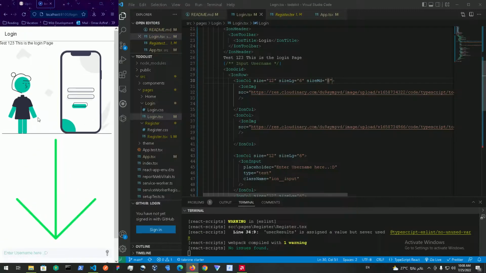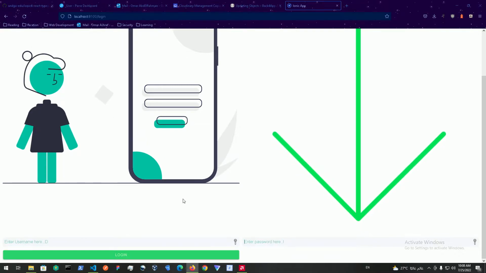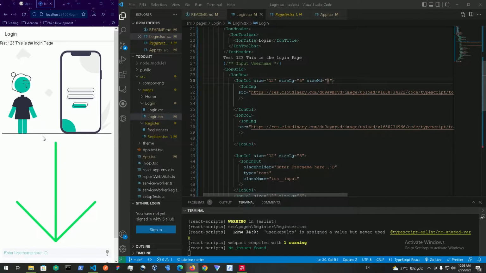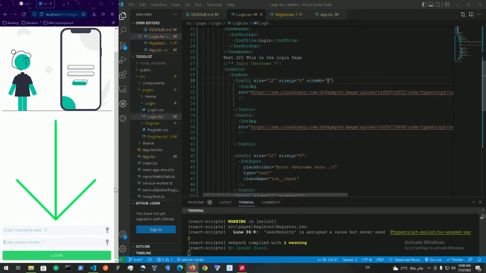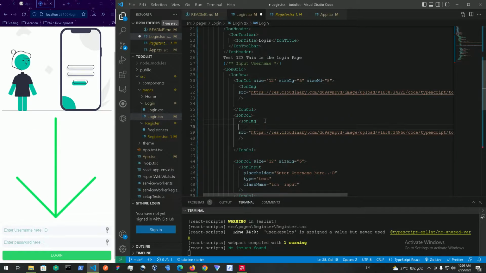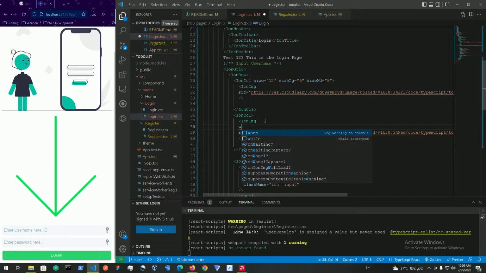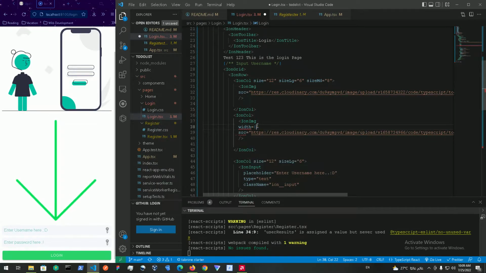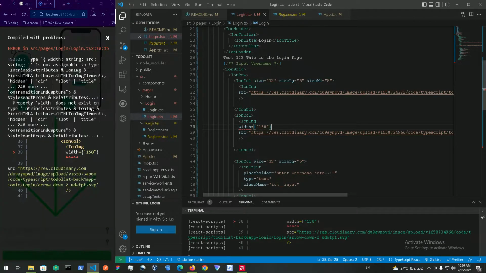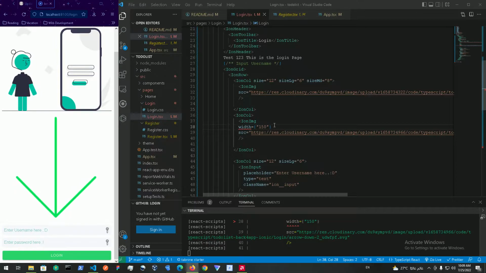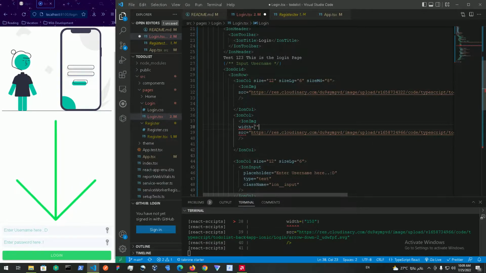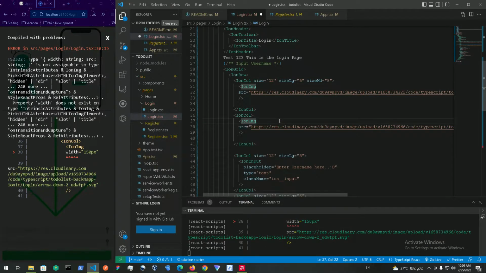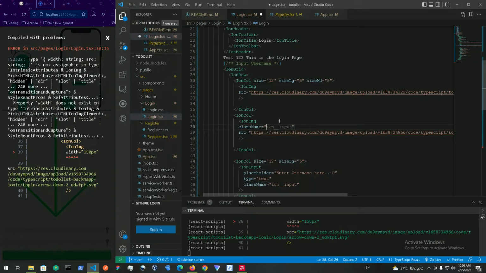So as you can see over here on mobile, we have the image on top, but we want this icon to be just like a smaller width and height. So let's try and do that over here. That is not possible, so I think we could do either the width over here, or we could just add in a class name. We could add a class name of